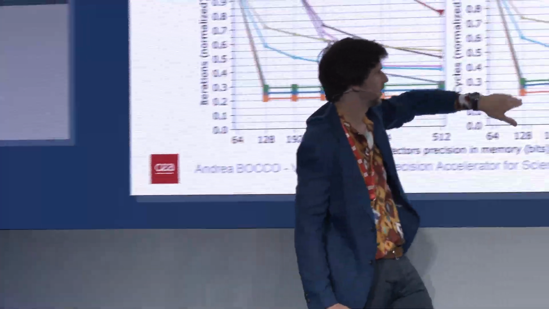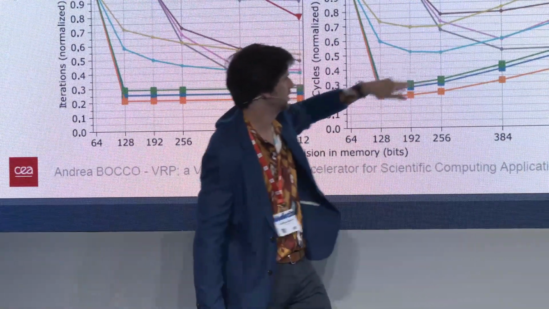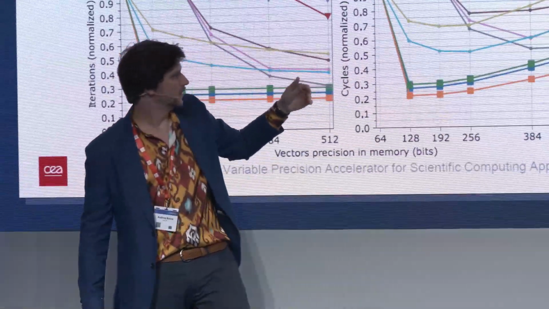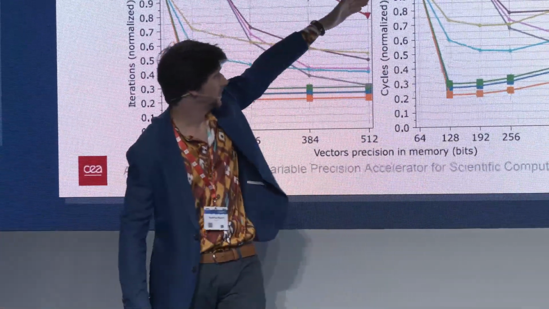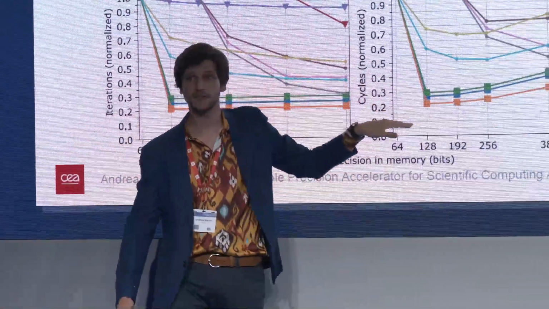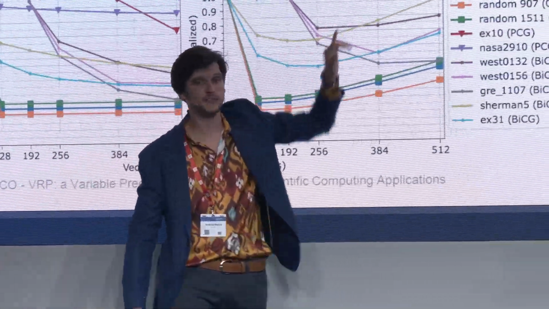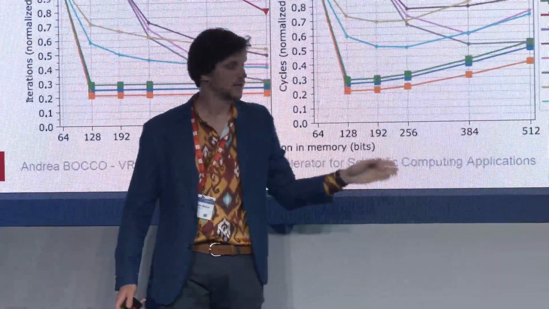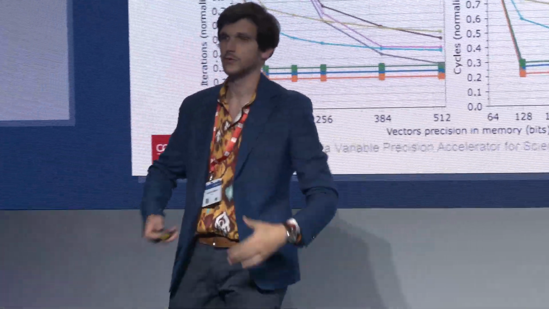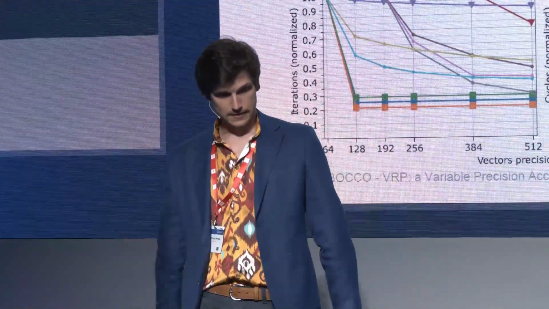And here we can find the optimal points that change over time. We get a speed up of almost 80% in computing time. And then, moreover, we can get some matrices that don't converge with lower precision to converge. Just by augmenting the precision, without any pre-computing on the matrix, we are able to make our